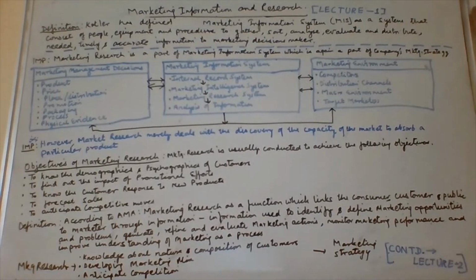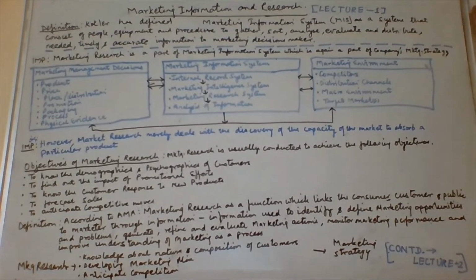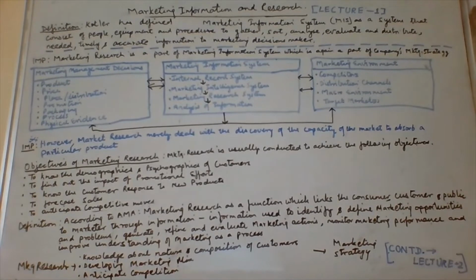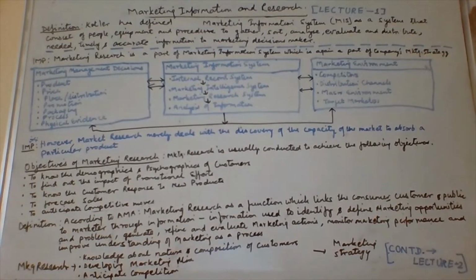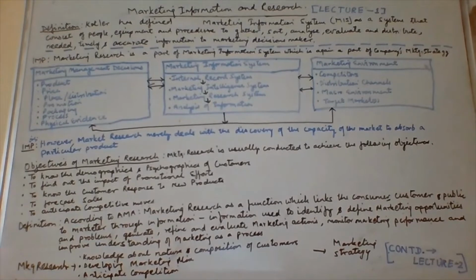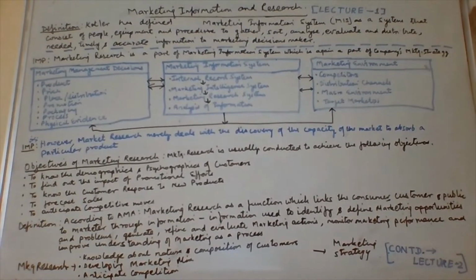The information which the marketing manager intends to secure from the system, from the overall environment, should be timely. Timely in the sense that if the information becomes obsolete, or if it comes late, it would be difficult for any marketing manager to take the appropriate decision at the given moment of time. Accurate information, now information should be more accurate to the marketing decision makers. And the decision maker here is the marketing manager, who takes the decisions.